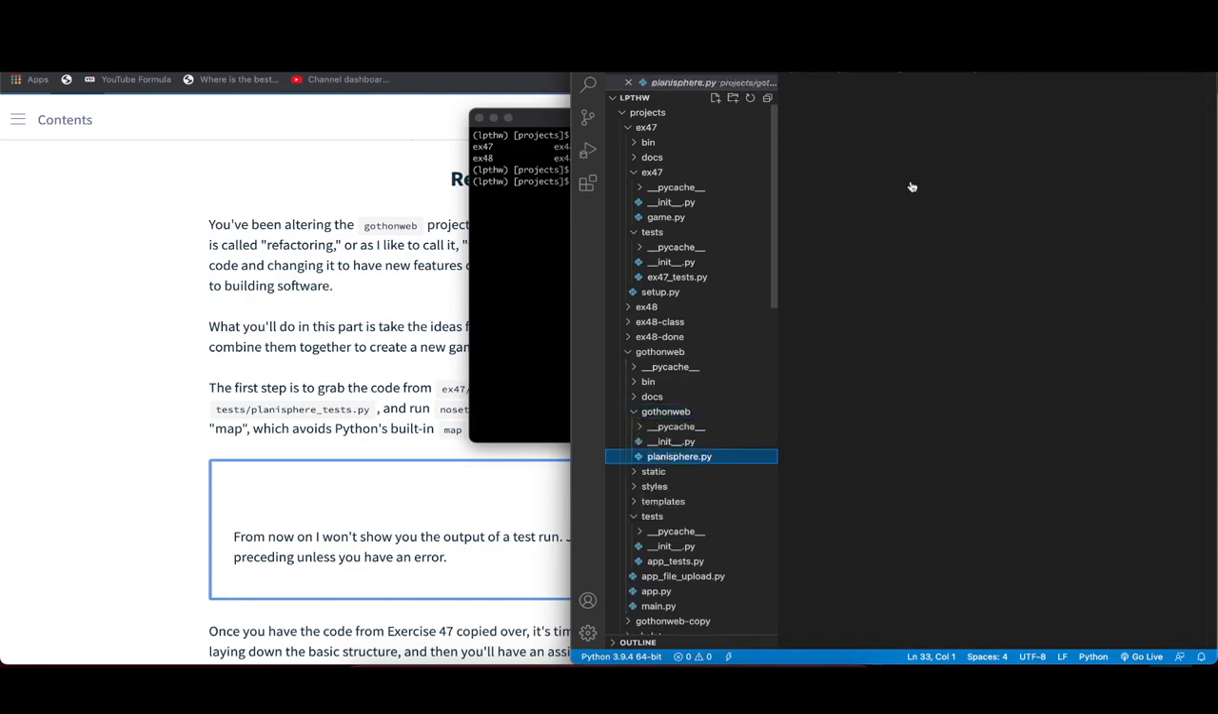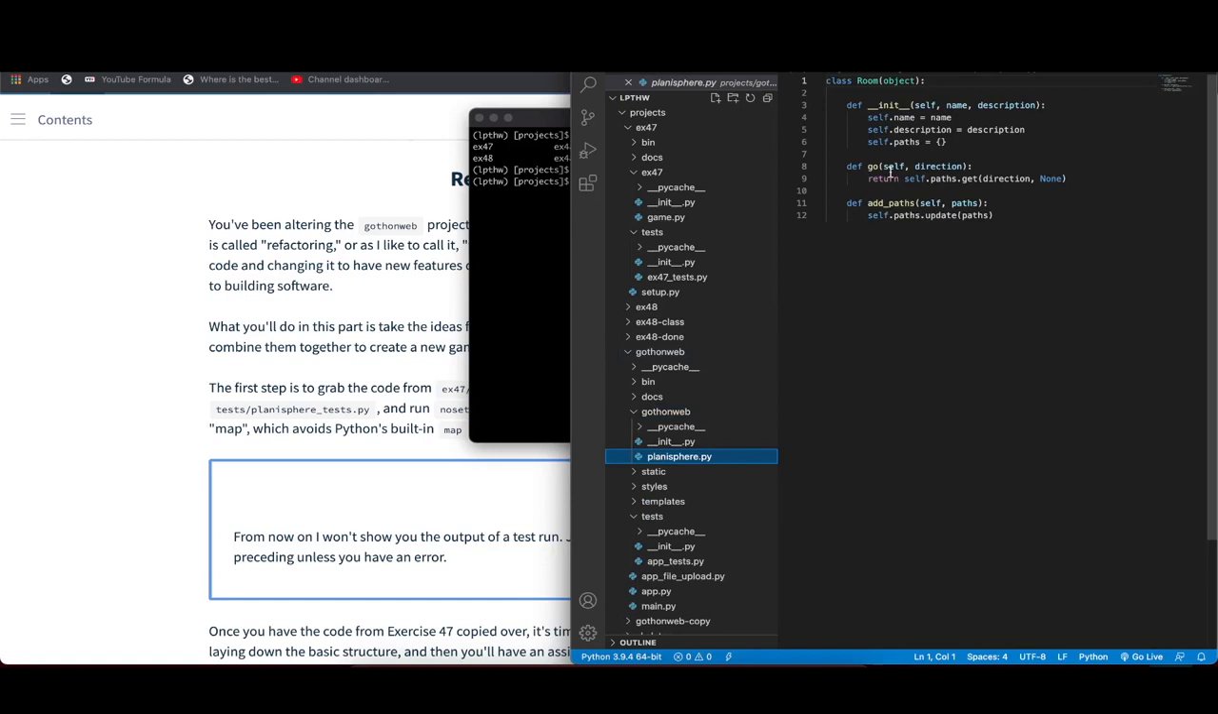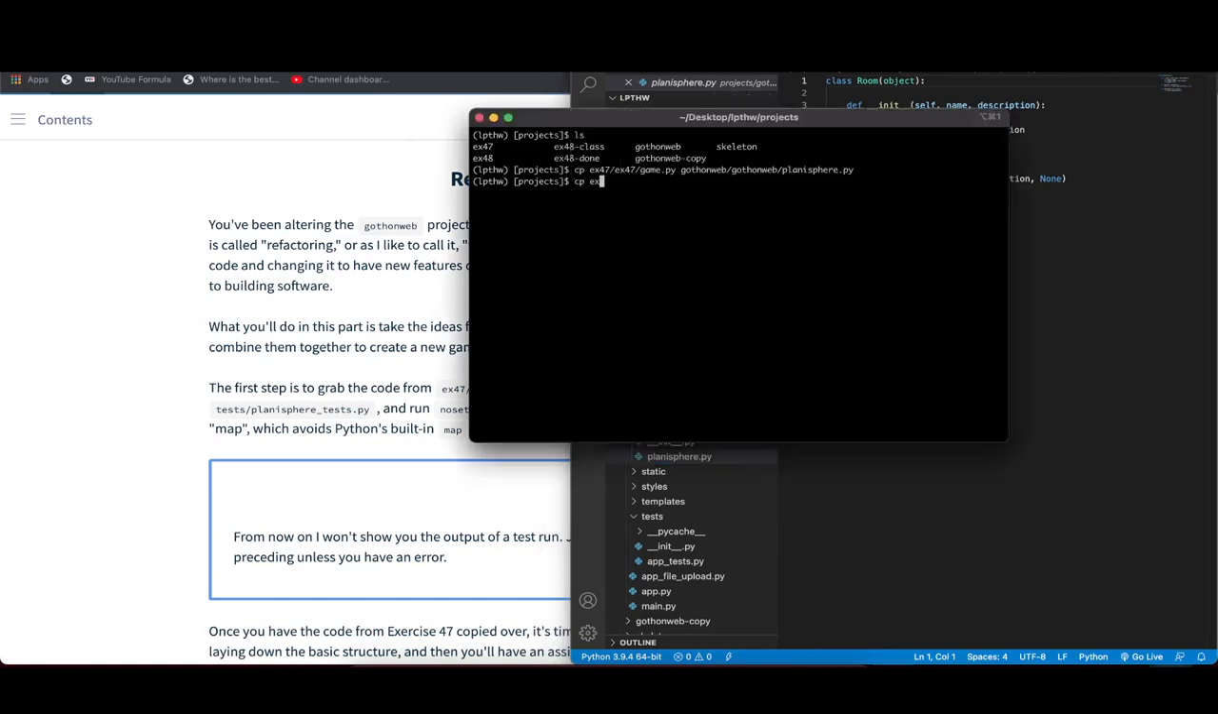And here we have our planisphere.py file, which of course includes the same code that we have inside of exercise 47. And now we can basically repeat those same steps for the tests that we want to copy. So here we want to copy over our tests for our game. Let's just double check what it's called, exercise 47 tests. And we want to copy that over to Gosthorn Web tests. And these should be called planisphere